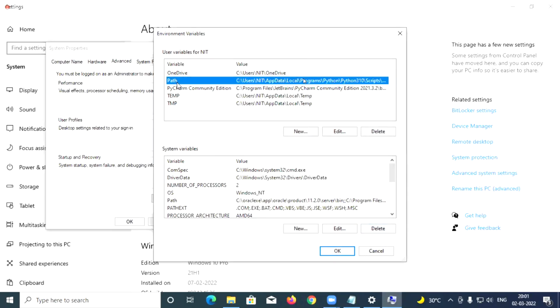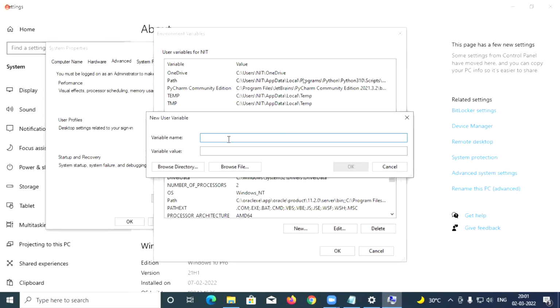Now if the path variable is not there, then click on the New button. Now variable name path, variable value again that one: C drive, Program Files, Java, JDK 17.0.1/bin semicolon. Here click on the OK button. But the path variable is already present. If I click this one, what will happen? It will be overridden. That is the reason: if the path variable is not there,